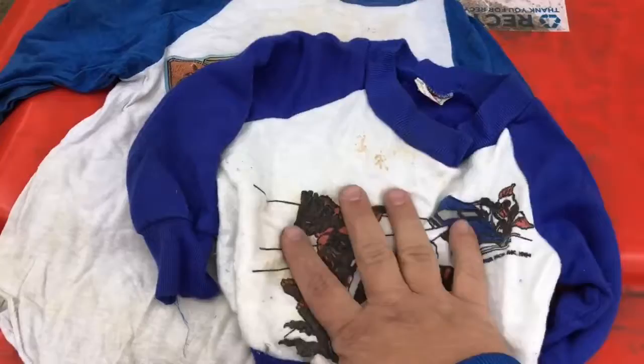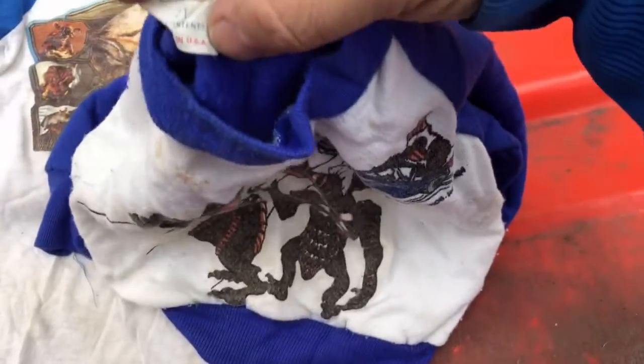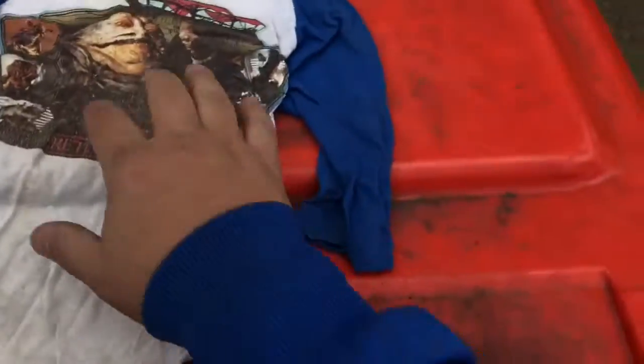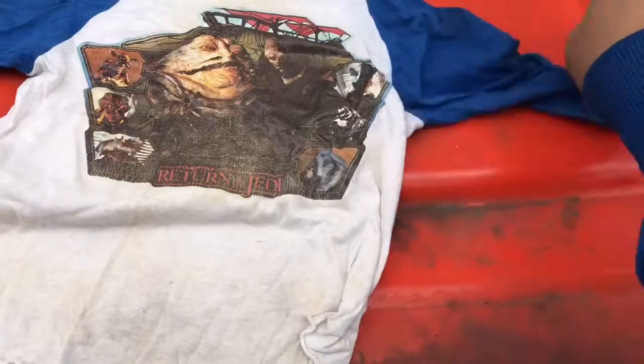And that one's really small. That's like maybe a 2T. Oh yeah, it says 2T. And then this one, I suspect this is an iron-on as well. This is a vintage original